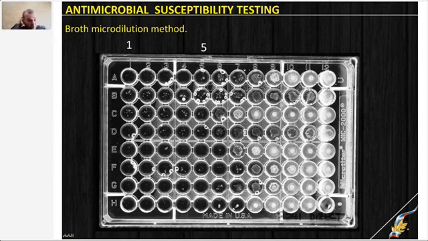And the result is the same, as you can see. For example, in row A, wells from 1 to 4 are clear, empty, and no visible growth is present. In the A5 well, you can see that some turbidity is present, which means that the concentration is already not sufficient. And in the last wells, in columns 11 and 12, it is absolutely obvious that bacteria is growing here. So the microdilution test consumes a smaller amount of antibiotics.